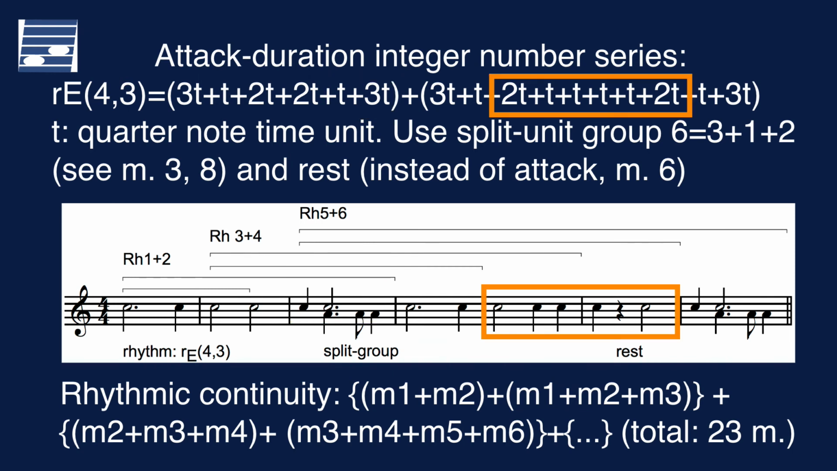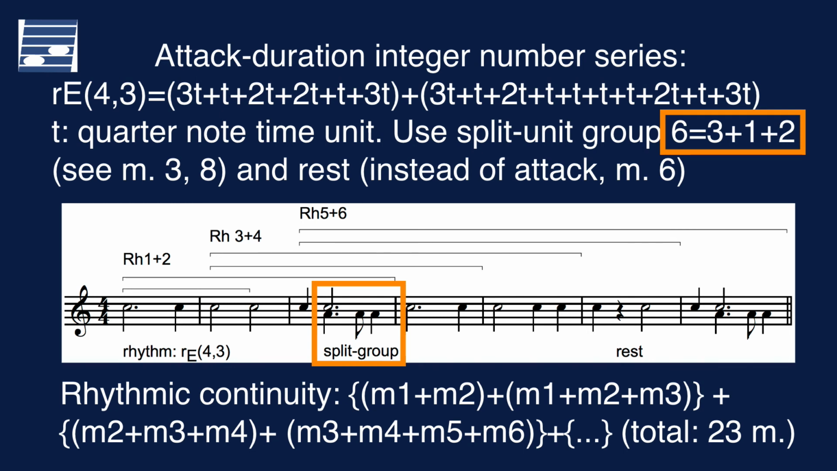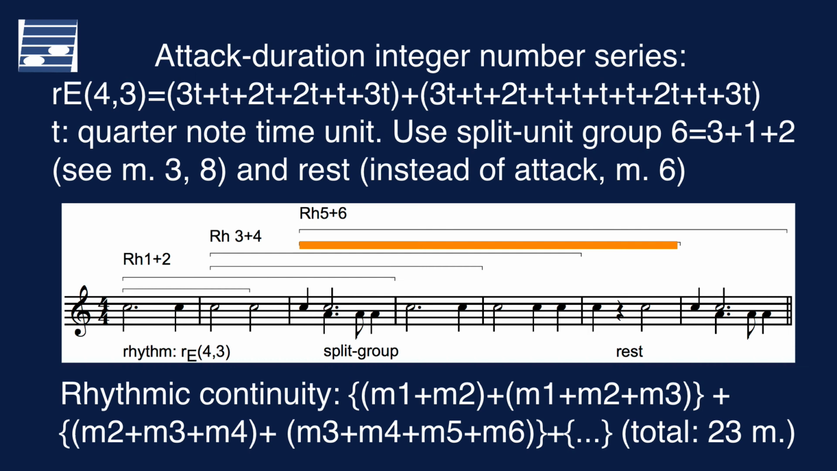This pattern is modified by introducing a split unit group on a longer note and an occasional rest. From this pattern we create a continuity by first using measures 1 plus 2, then 1 plus 2 plus 3, then the measures 2 to 4 and so forth. This yields a total of 23 measures in 3 phrases that have related rhythms and that seem to undergo some